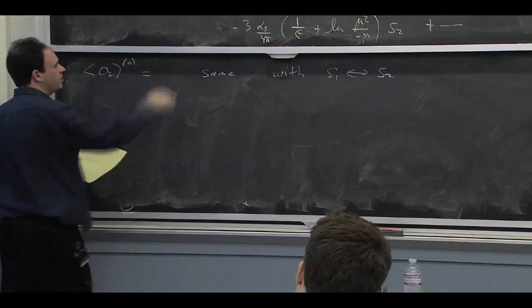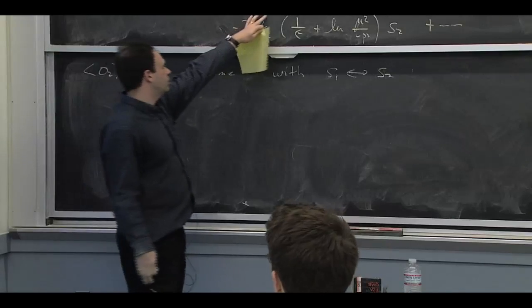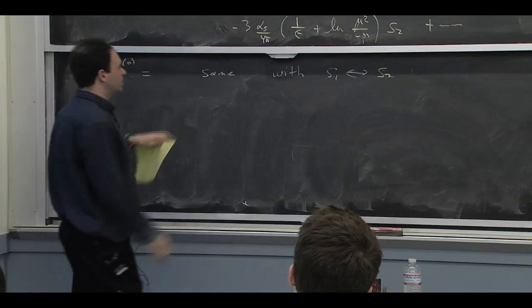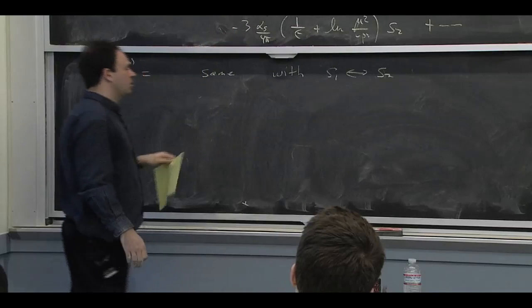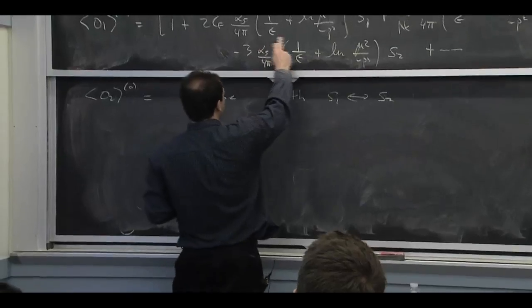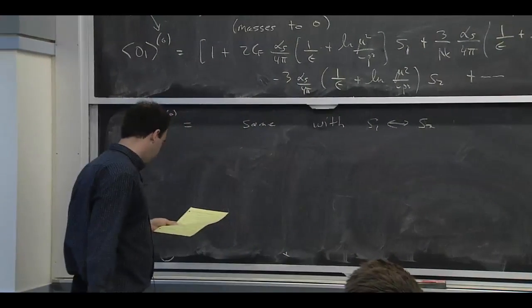And so the statement that you would have from this, these are ultraviolet divergences, the infrared divergences are regulated. The statement that you would have from this is that you can look at these various terms and you can ask, what's going on with those divergences? Well, this one here is actually canceled by wave function renormalization,